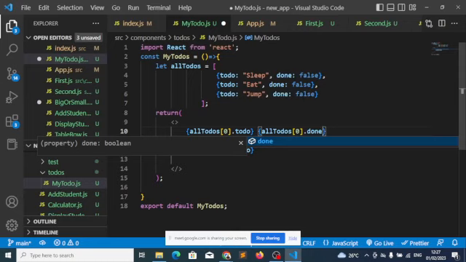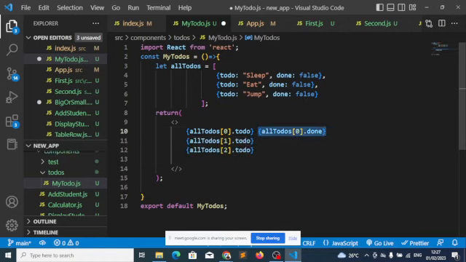If it is true, display done. Do we get it? Yes. So we're going to write an if statement here, and we are going to use ternary operators to do that. But before we go into that, let's first look at one problem we are going to encounter with this. This means if you add a new to do, it's not going to be displayed on the browser